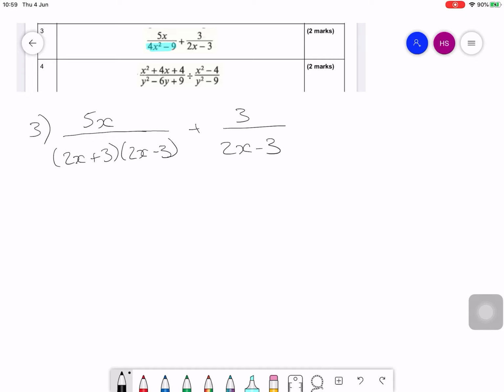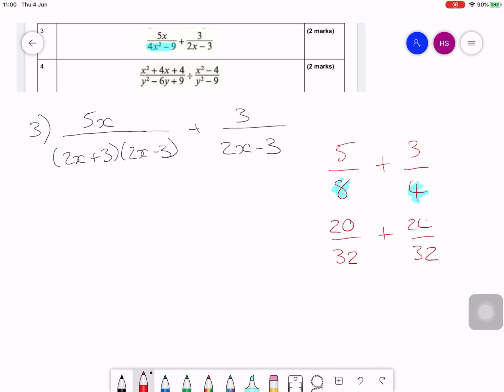Now, the reason that's important is if you think back to when you were just adding numerical fractions. Let's say you were adding 5 over 4. It doesn't really matter, but let's make them both proper fractions. So 5 over 8 plus 3 over 4. So you could just automatically multiply those two denominators together and come up with a common denominator of 32. So the first fraction would get multiplied by 4 and the second fraction would get multiplied by 8, and